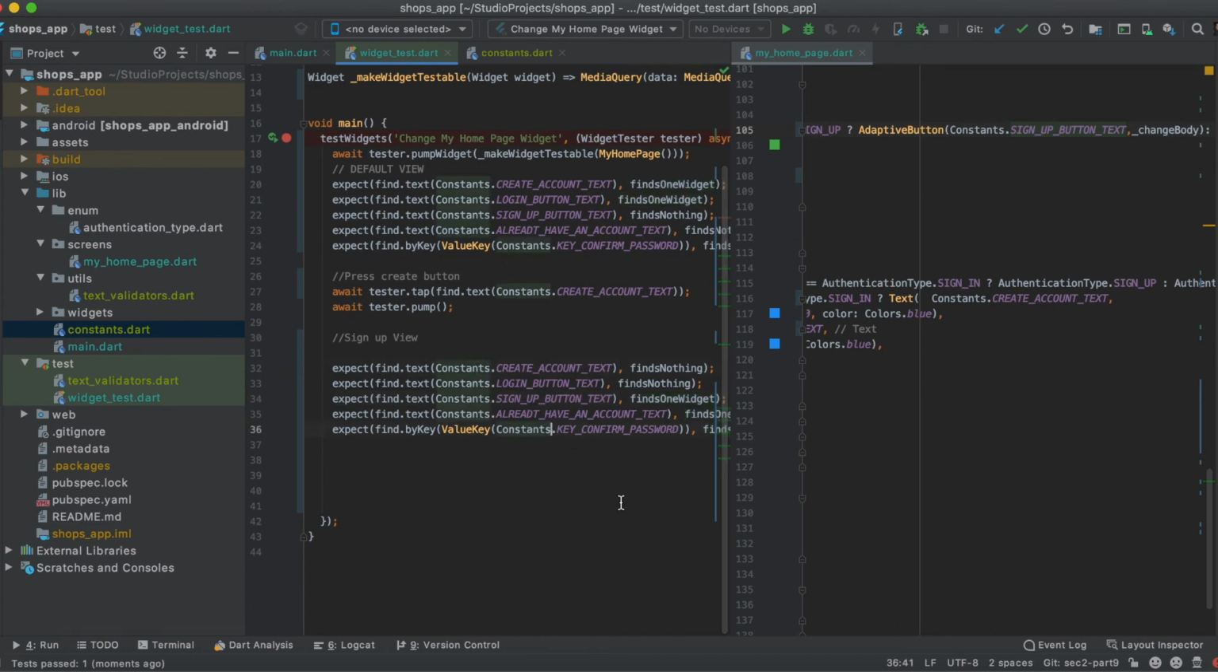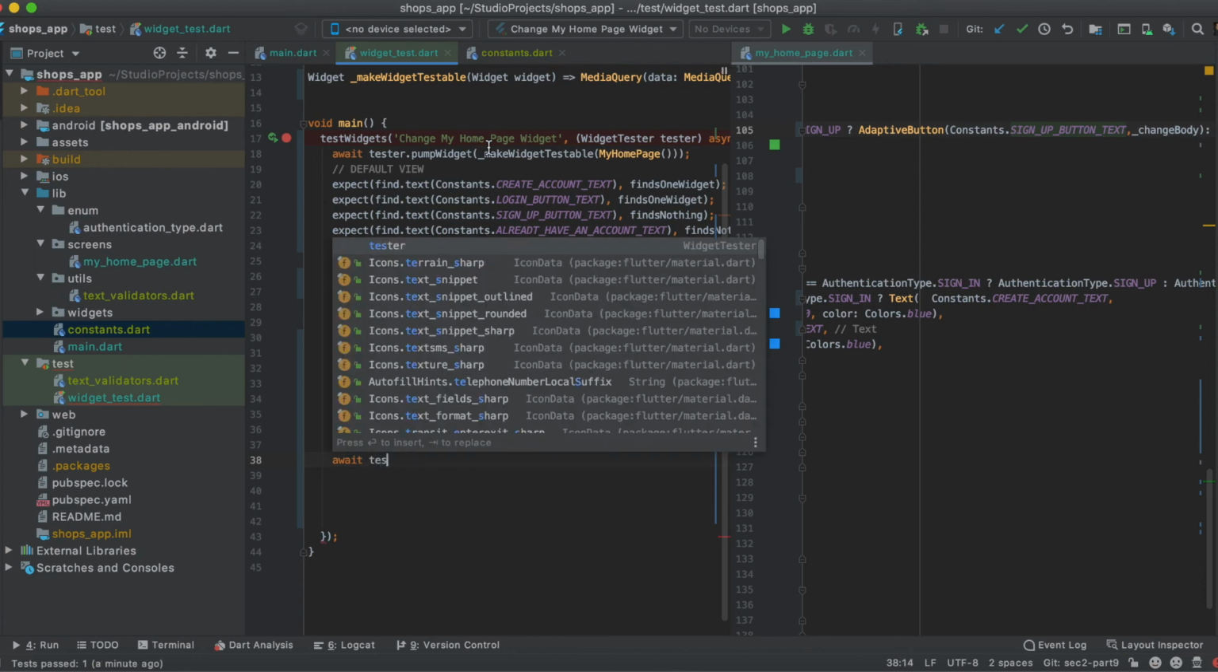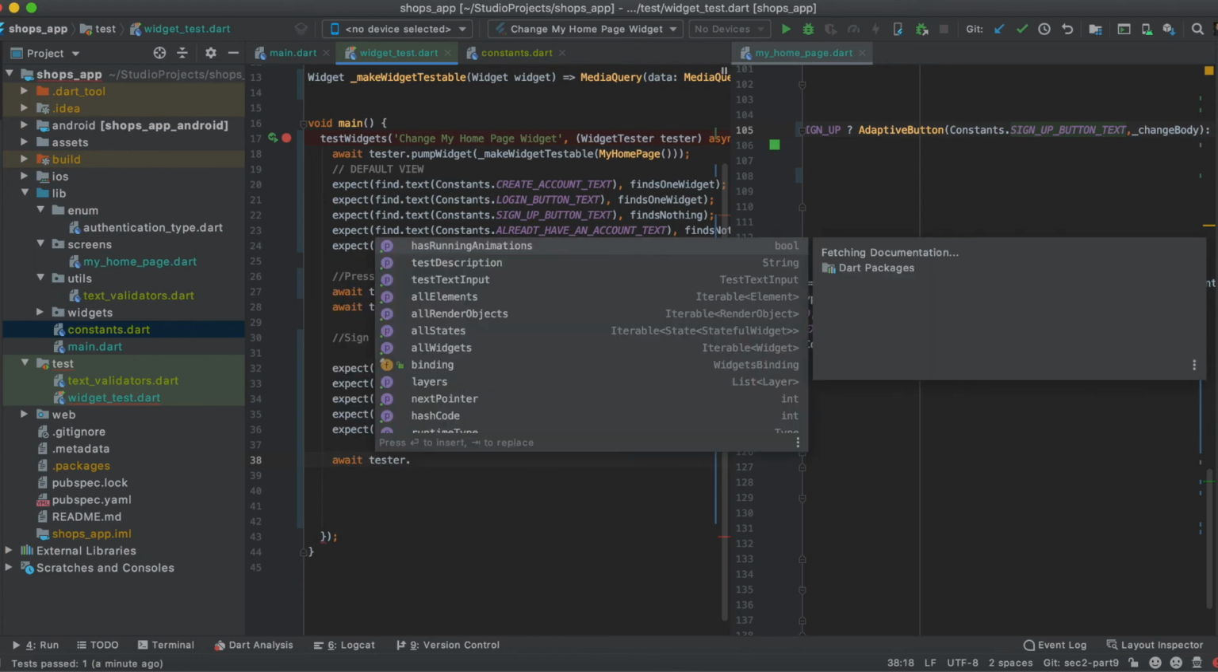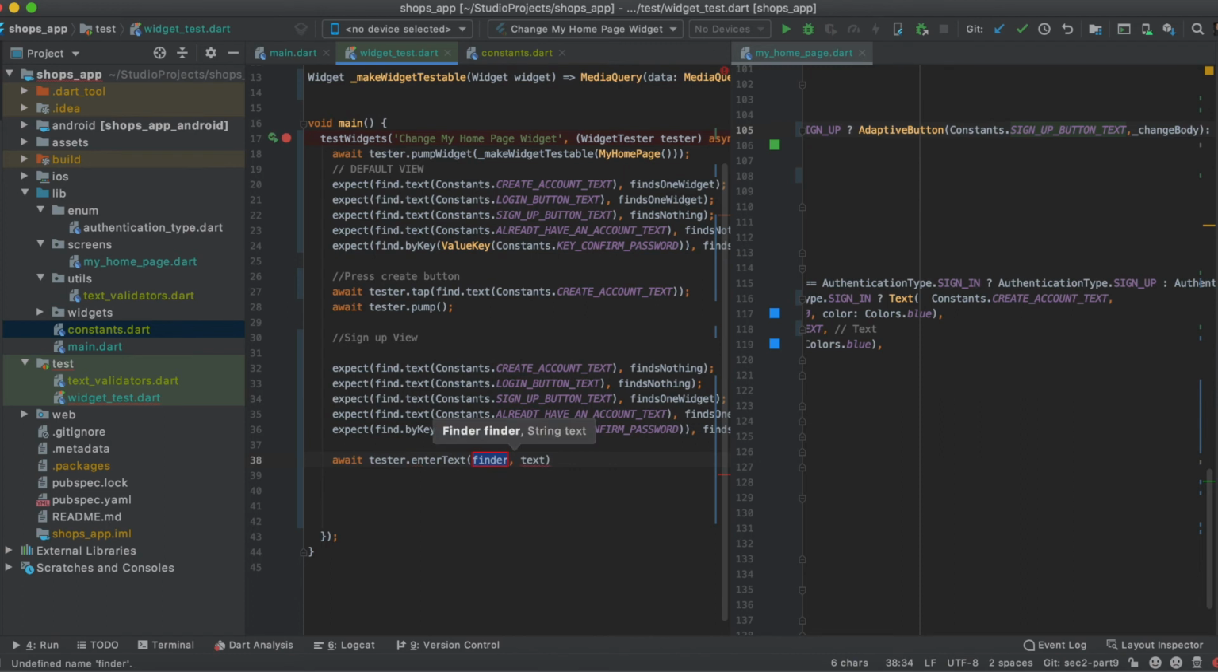And now what I want to do is enter some text and check whether errors are there or not. So let's enter some text, and because we're going to perform an operation, I'm going to use await and the tester widget, and I'm going to enter some text. Let's enter it here, but where we want to enter the text, we need to find it first. So the same thing, find